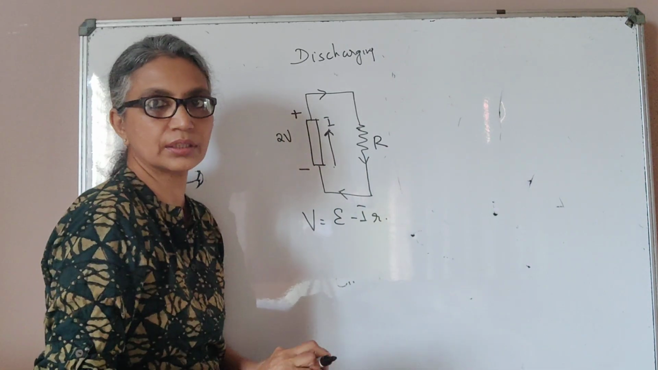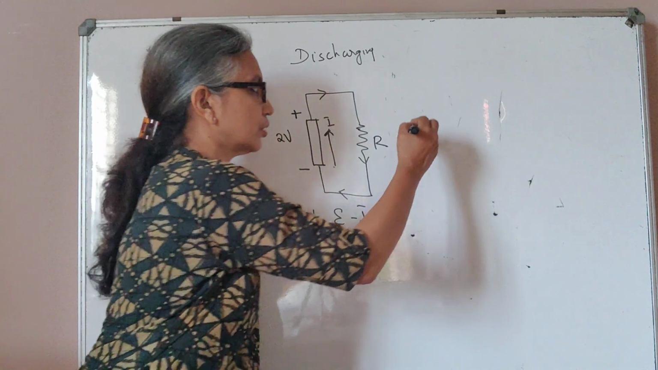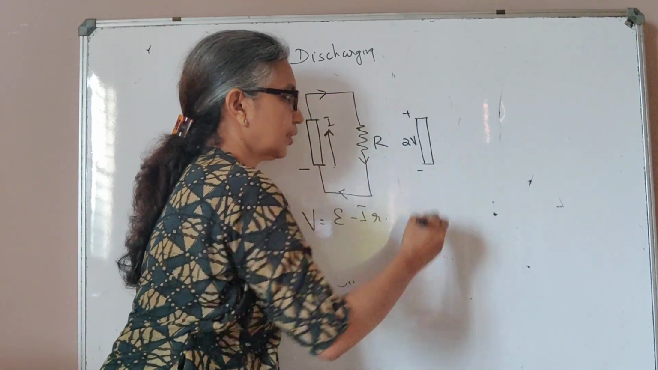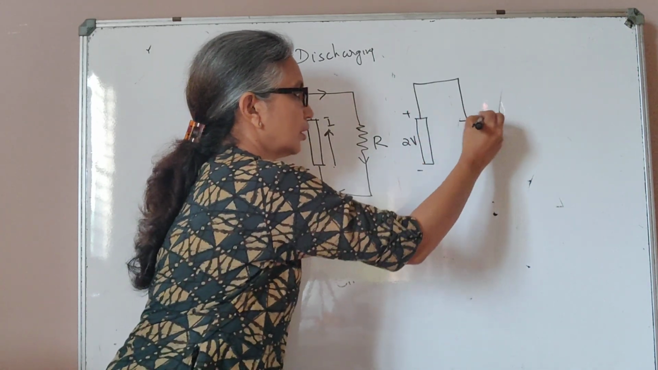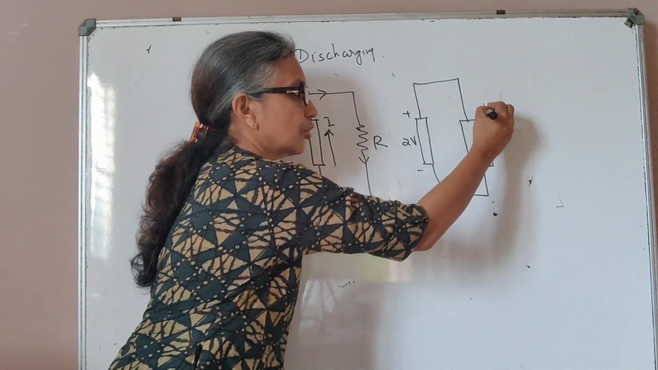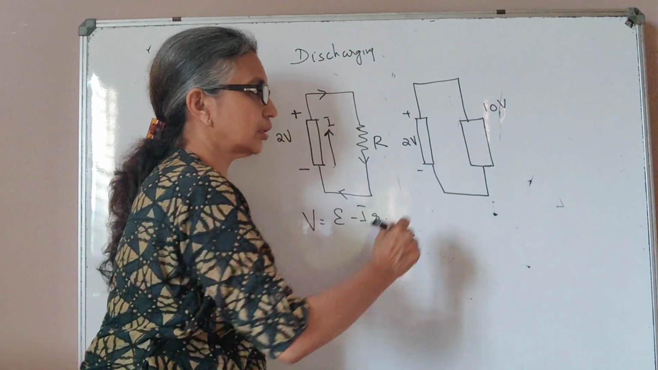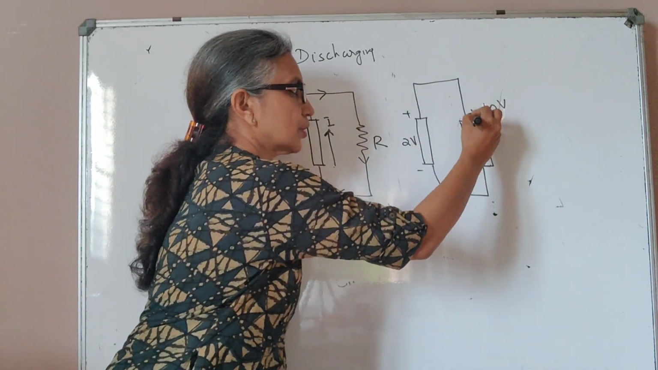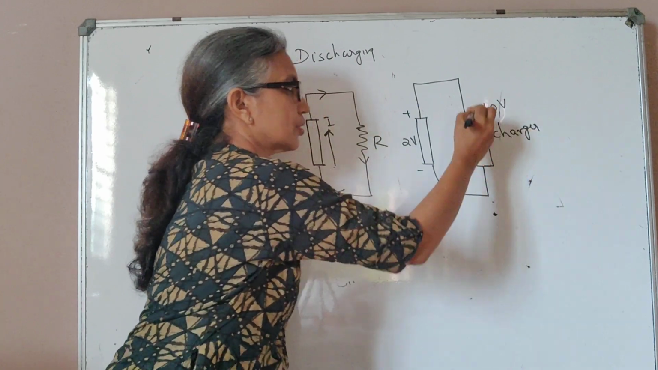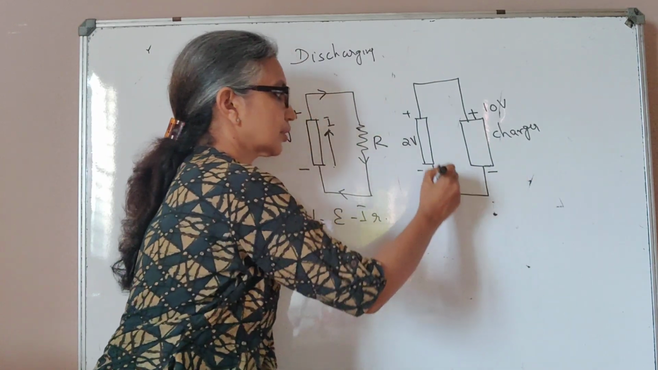Now, suppose this battery you are going to charge. Let's say you are going to use a battery of a larger voltage. So, we have our 2-volt battery, the positive here and the negative here. We are using a larger battery to recharge this one, let's say a 10-volt battery. Whenever you want to charge your battery, the charger's positive must be connected to the positive of your cell